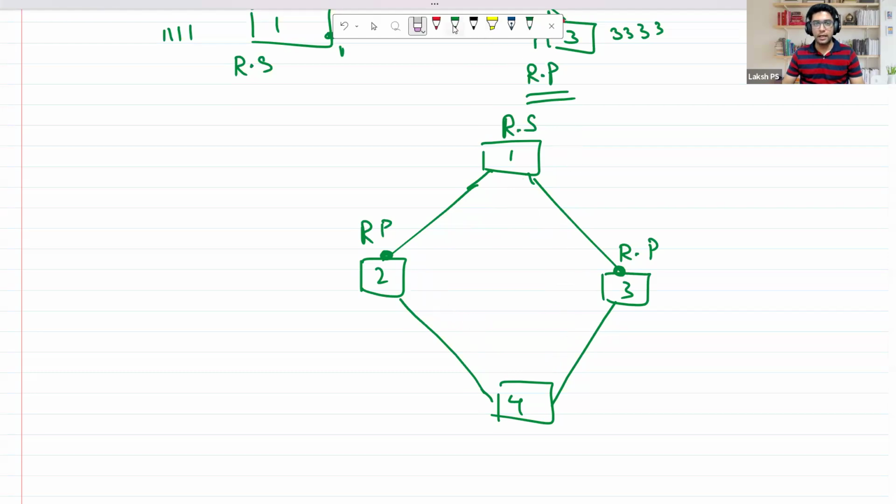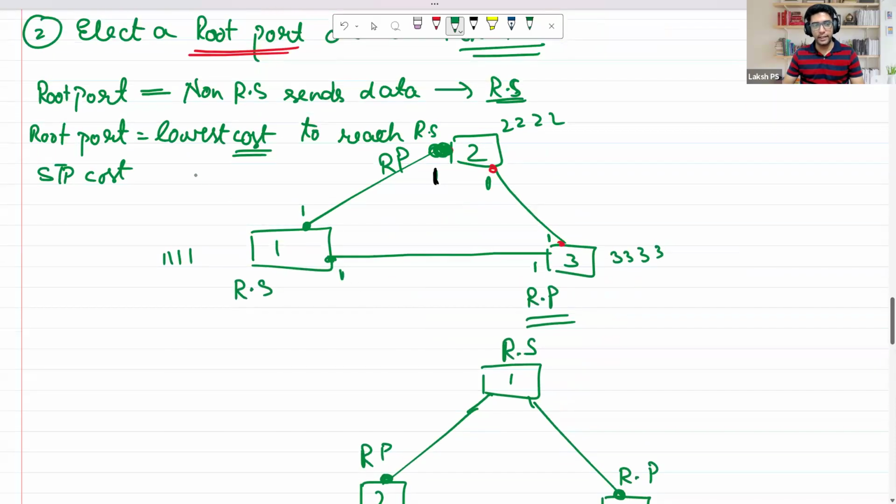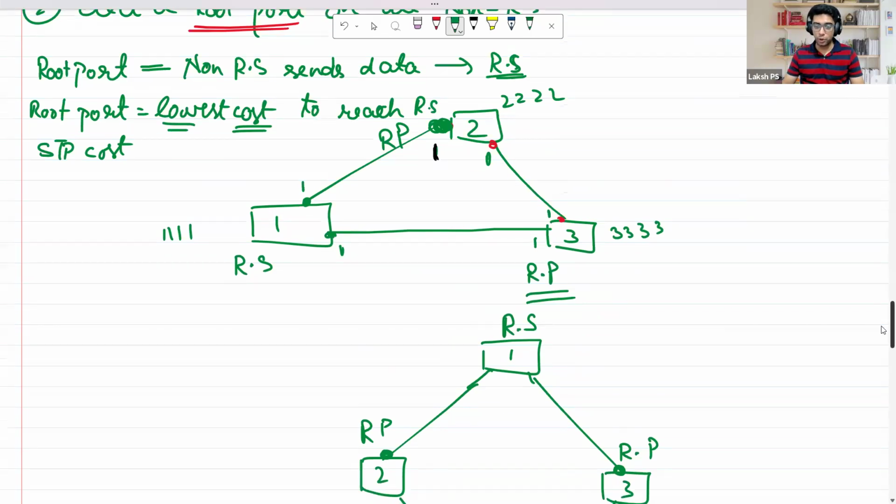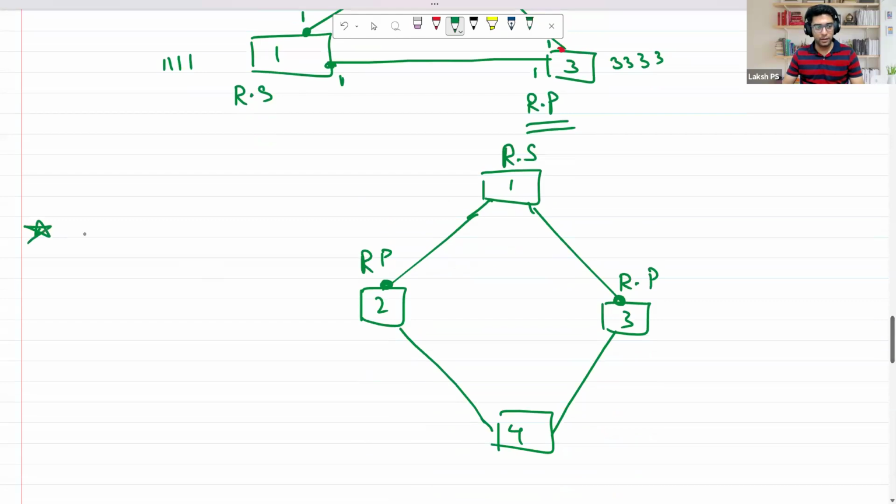So in this case, the first criteria is the lowest cost, right? We already know that to elect a root port, the criteria is lowest cost. If the cost is also a tie,